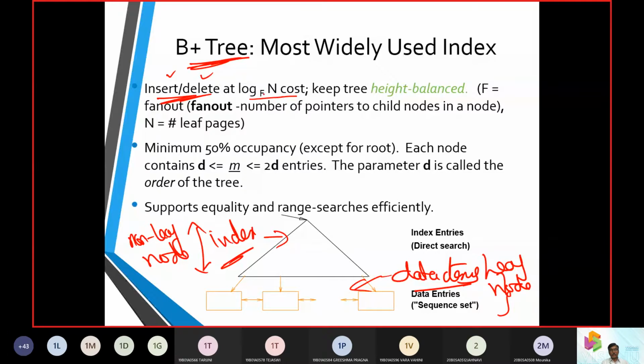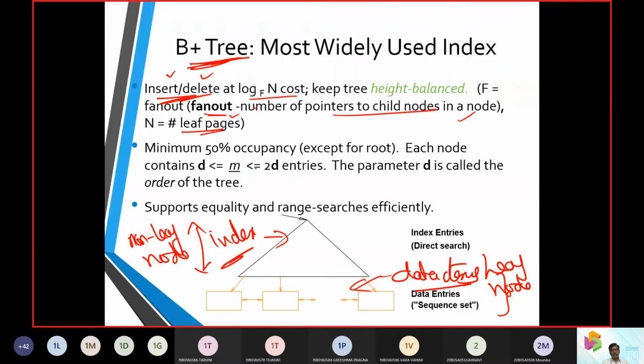It takes log base F of N, where N is the number of leaf pages, and F is the number of pointers to the child nodes in the node. So how many child nodes are there in a node? That we call the fan out.